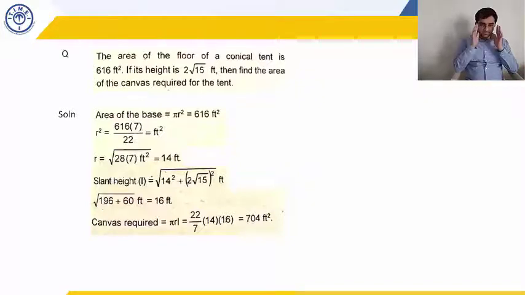I'll explain this one more time. This becomes a medium level question because of the number of steps that you have to calculate. It's not difficult, but it will take time. You have to calculate the radius from pi r square. Then you have to calculate the slant height using the formula L square equal to h square plus r square. That will take some time. And then you have to put it in the final formula for canvas required, which is pi r L, to get the final answer. So this is again a medium level question. It's not a difficult question, but since there are more steps involved, the time requirement is larger.